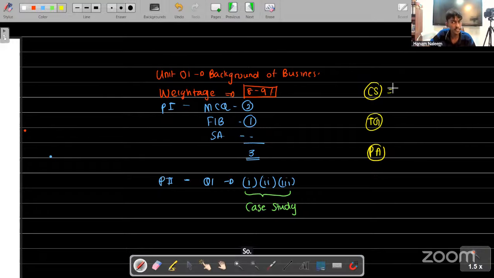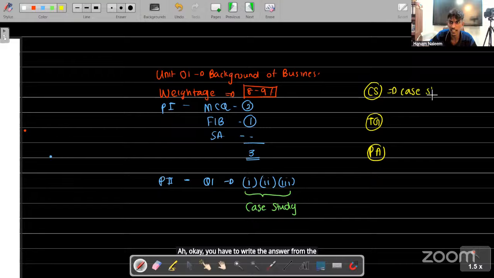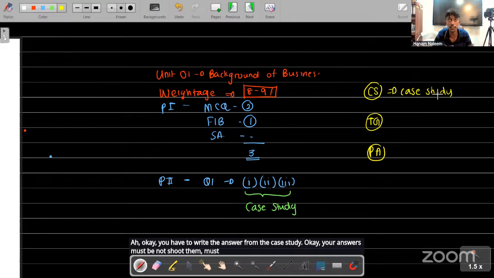So can I know what the CS stands for? Here you have to write the answers for part 2 from where? You have to write the answer from the case study. Your answers must be, not should have, must be from the case study. For example, they're asking, state 4 characteristics of Amanda's business. So the answers must be from the case study. And if you take TG,